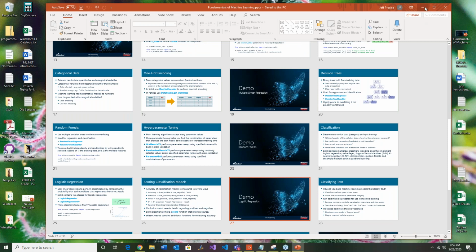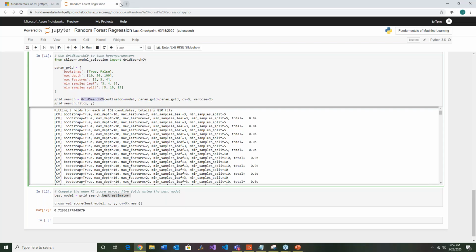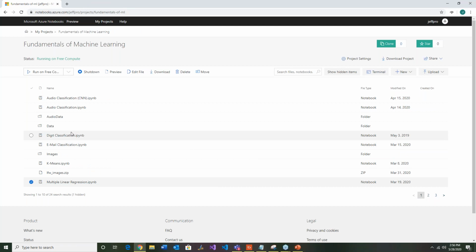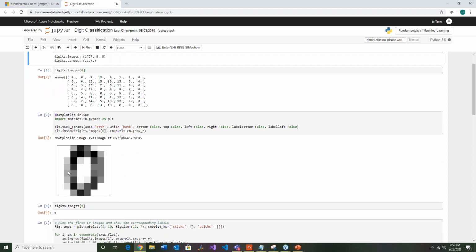but let me show you an example here. Here's what the post office essentially did 30 years ago to allow handwritten digits in zip codes to be machine read and sorted. Back to my notebooks here. This one is called digit classification, and it uses logistic regression to look at bit patterns like this one, scanned handwritten digits, and there are multiple